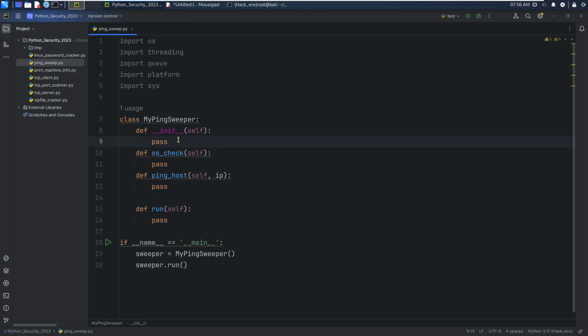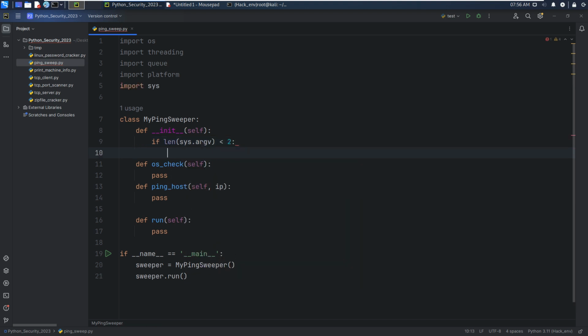So now we can start from the first method, the init method. We can check, if len of sys.argv is less than 2, it means that the user doesn't specify the network properly, okay? So we can print the usage. The user should specify the network, okay?